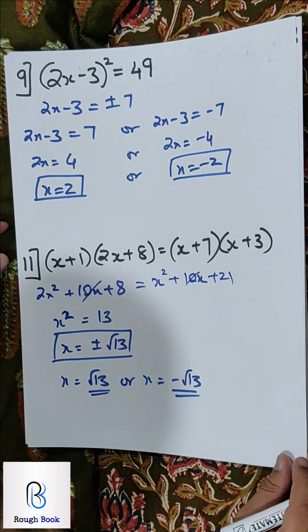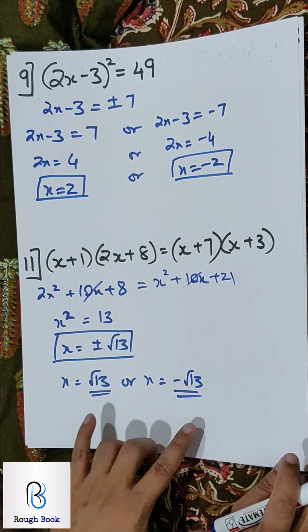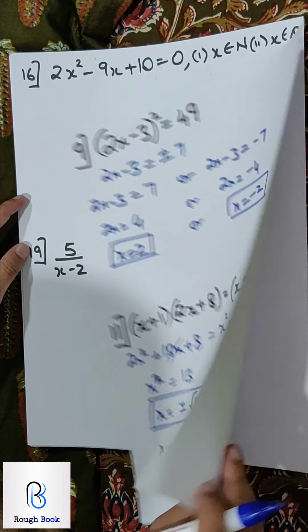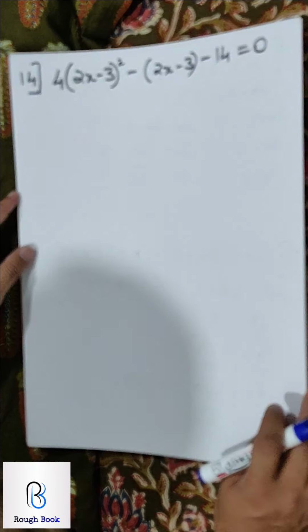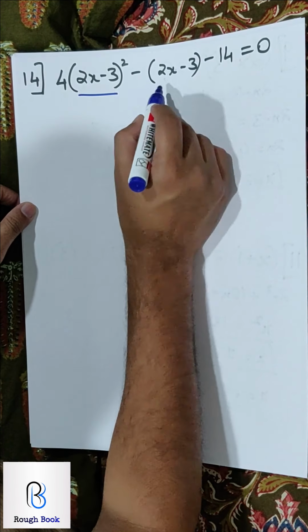No need to go into decimals because they have not asked you any decimals yet. So you can leave the answers here. Behind they might have given you in decimals. That doesn't really matter. Go to 14. It's a typical type. We've done that before. Come on, everybody. In 9th standard we did this.